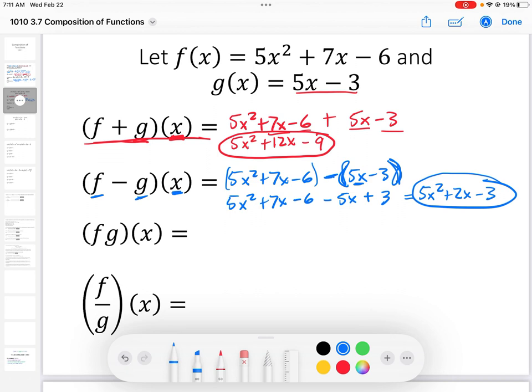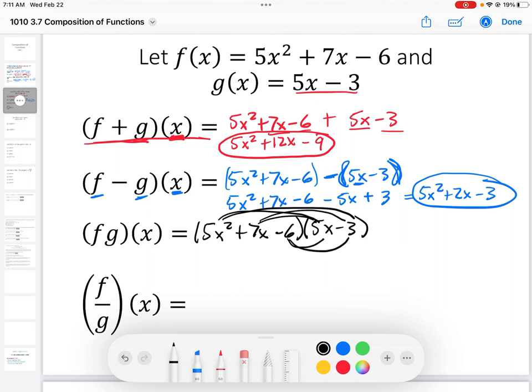Now, if you are multiplying functions together, then you would, again, basically go through the same process where you say, well, I take x, put it into f, which gives me 5x squared plus 7x minus 6. Then I would multiply that by 5x minus 3. And to simplify this one, you would need to FOIL or multiply these out. So you do 5x squared times 5x, then 5x squared times negative 3. Then you do 7x times 5x and 7x times negative 3 and negative 6 times 5x and negative 6 times negative 3. And you would simplify all of that out, combine any like terms, and then that would be your result for f